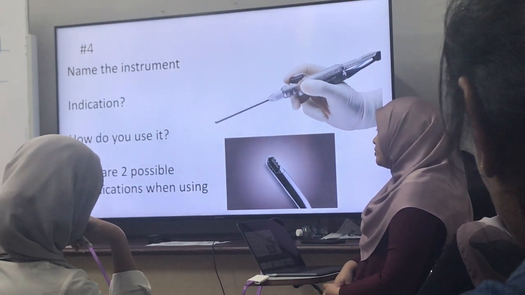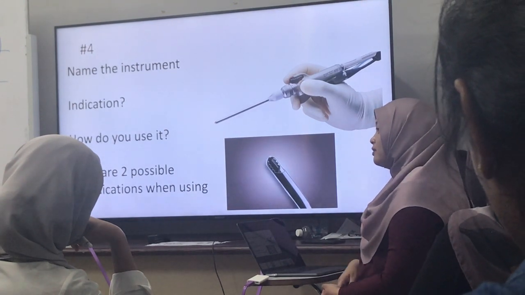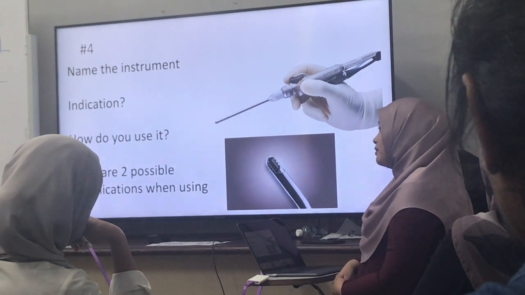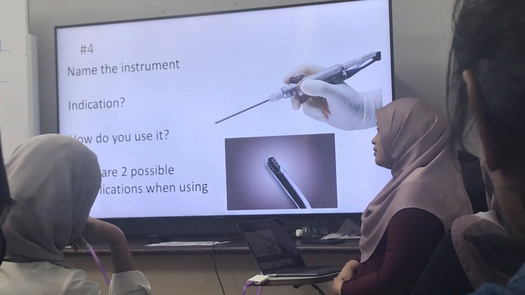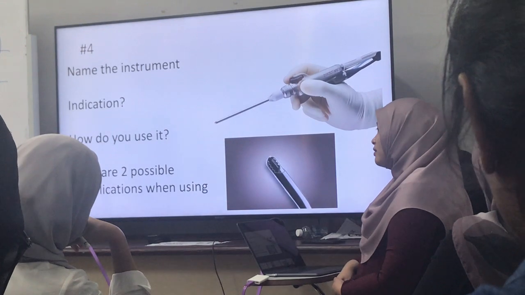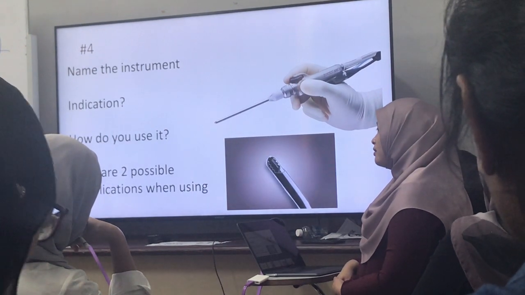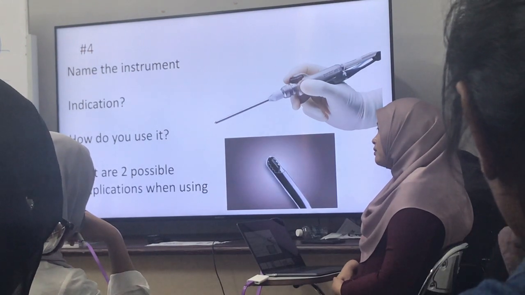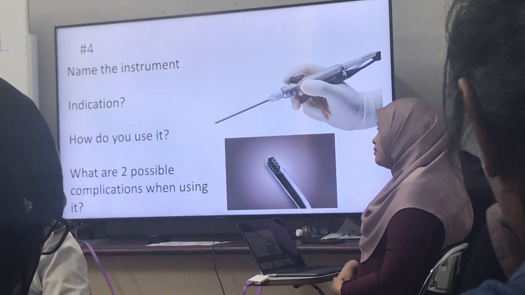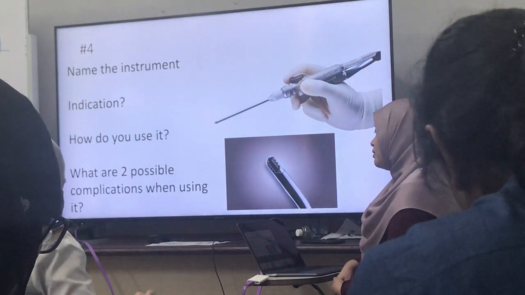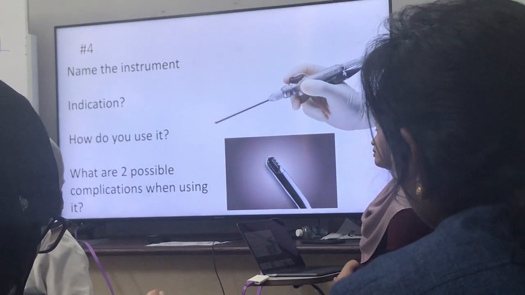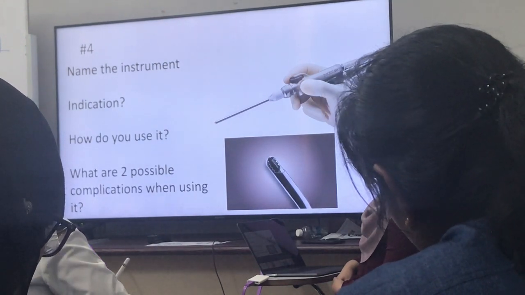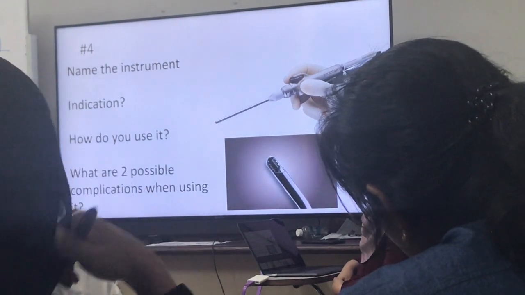What are the possible complications when using it? Let's say you're doing FESS. One of the complications is injury to the vessel. So when you simply debride, what vessel? For FESS, the important one we will encounter is the anterior